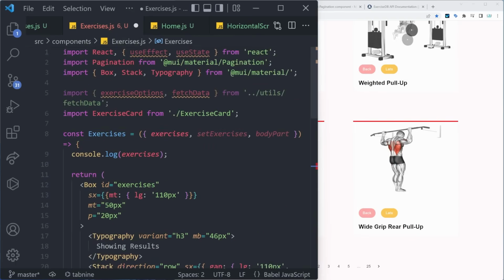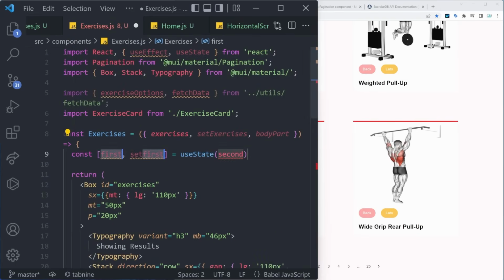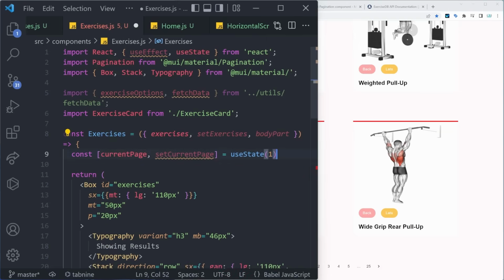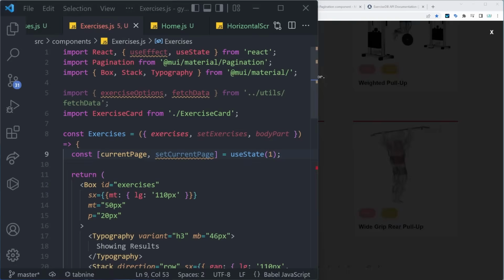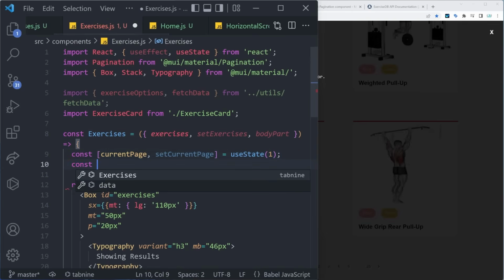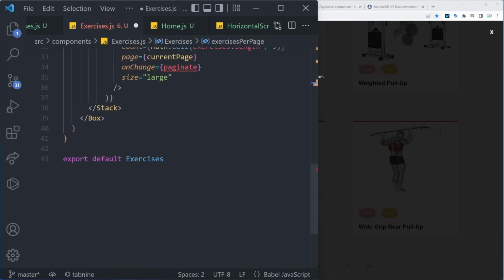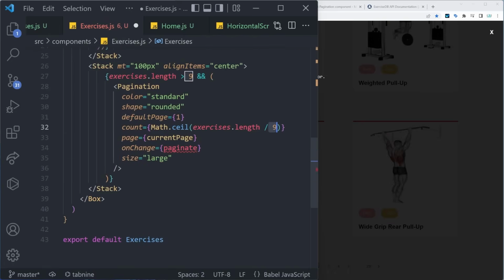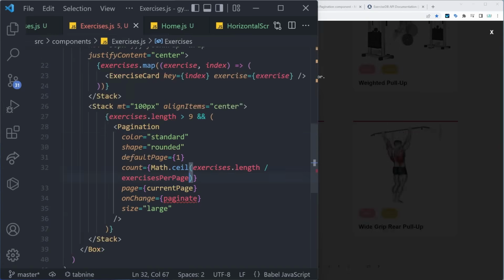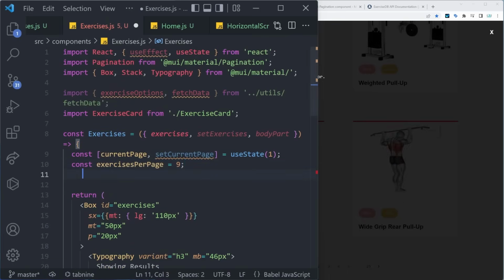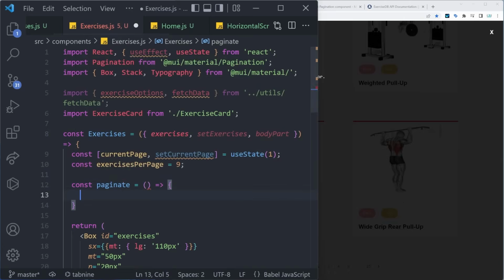To do that, we can scroll up and create a new useState that's going to say currentPage and setCurrentPage, and that's going to be set to 1 by default. We're going to also have a variable const exercisesPerPage, which is going to be set to 9. We can now use this variable right here instead of this statically typed 9. Of course, we are yet to create the paginate function, so we can say const paginate, and this function is